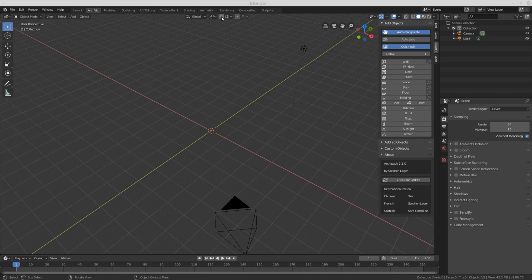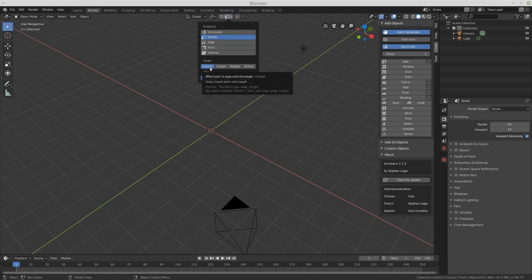First thing I want to talk about is snap. If you have lines imported from a DXF or so on, you should set your snap to vertex and closest. So when you snap, you're going to snap to your lines.